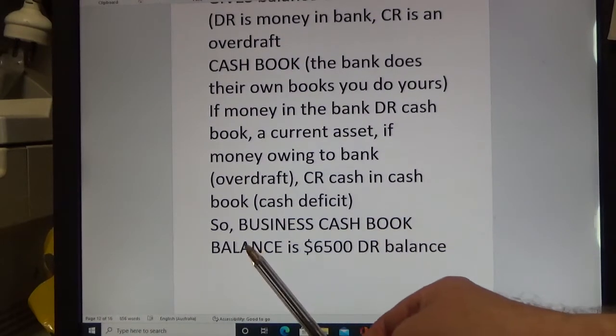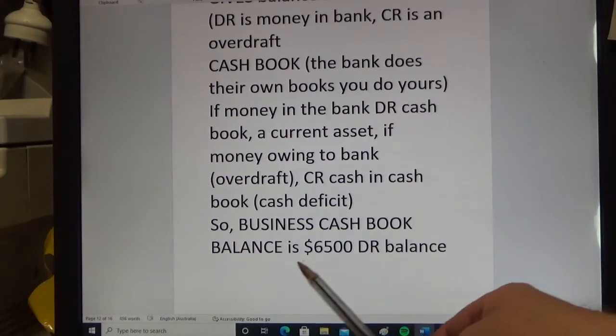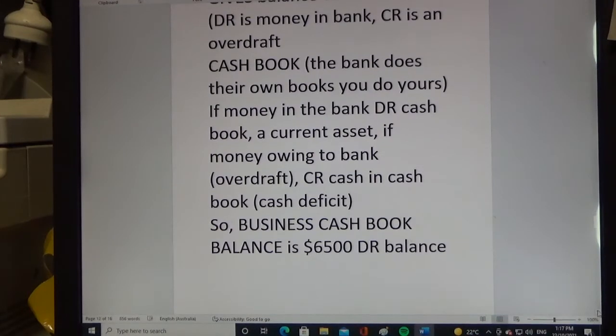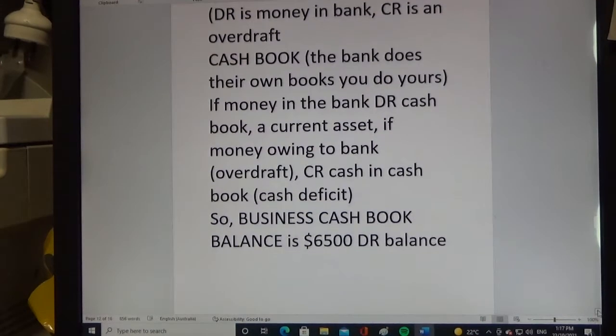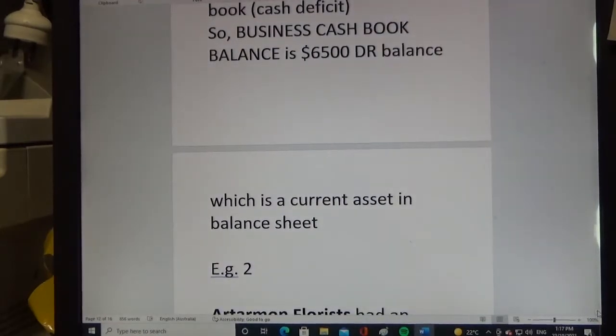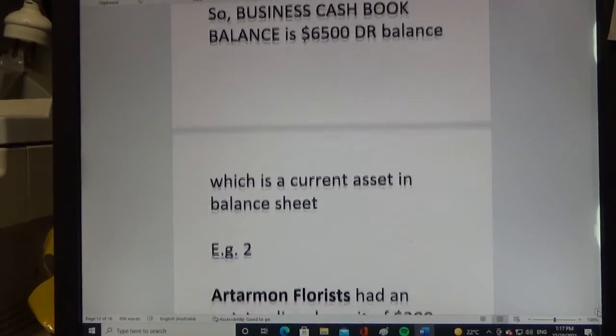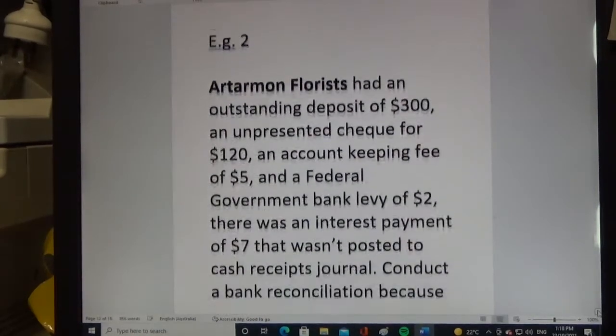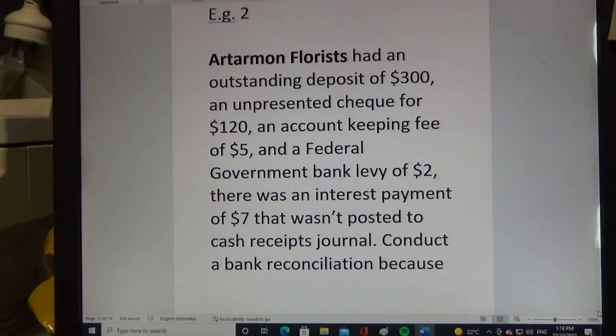The business cash book figure is a 6,500 debit balance, a current account in the balance sheet from our point of view, the Boggabri Green Energy. Okay, so that's the end of the first bank rec. Now the second bank rec, Artarmon Floris, has some bank fees and government charges and interest earned, but as we mentioned, they don't go in